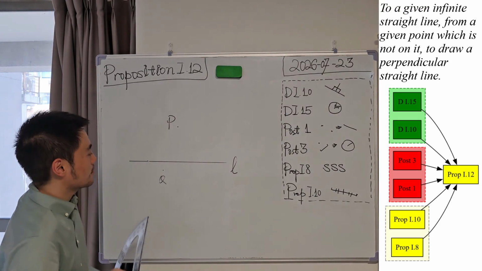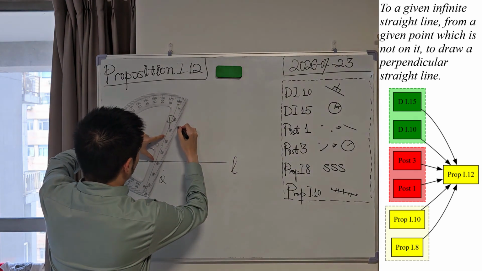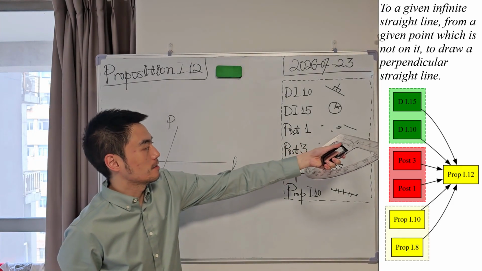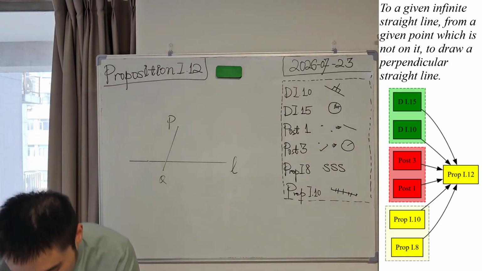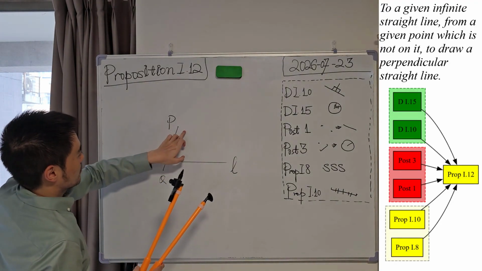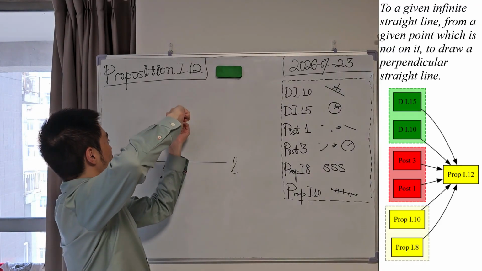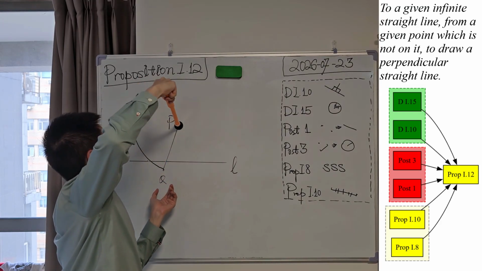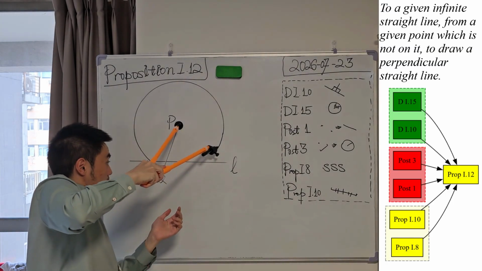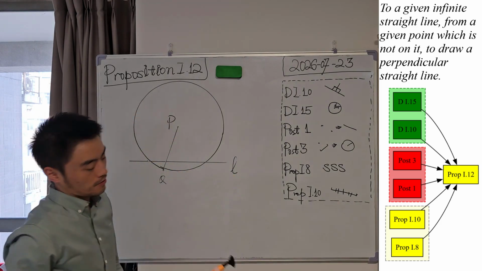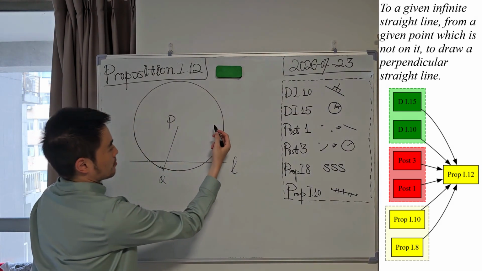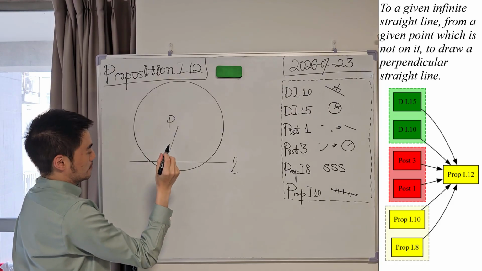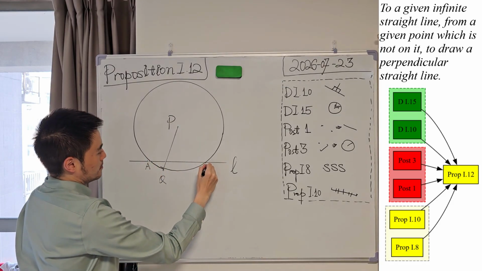Sorry, I forgot this step. Before that, we should join the straight line PQ. Because of postulate 1, we can construct such a straight line, and then we can use this distance, okay? So let's use this distance and this center to construct a circle. Okay? And let's assume this circle intersects the straight line at 2 points, let's say A and B